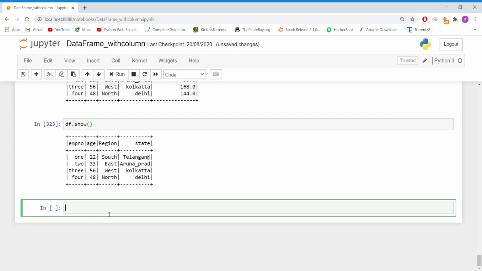So how to do this is, we'll create a new data frame dot with column. On what column do we need to change that character? We have to give it and we have to pass it.